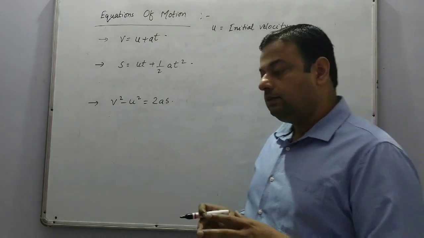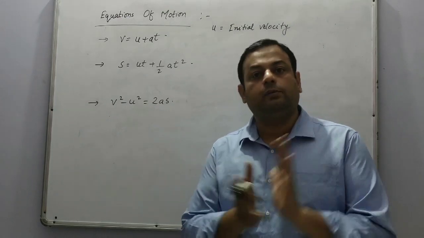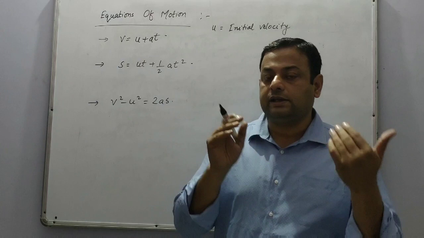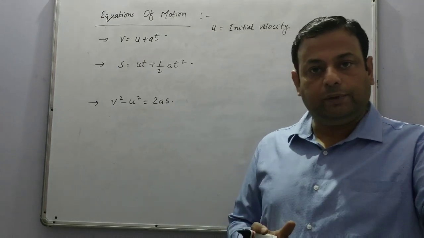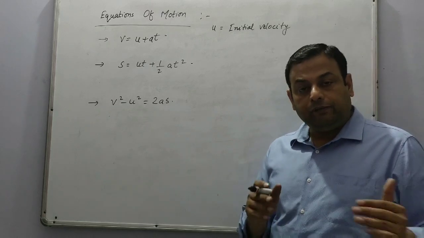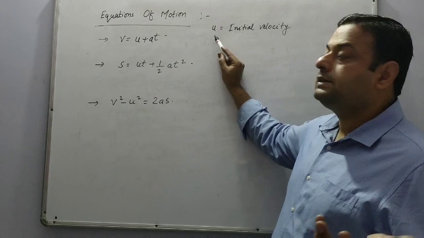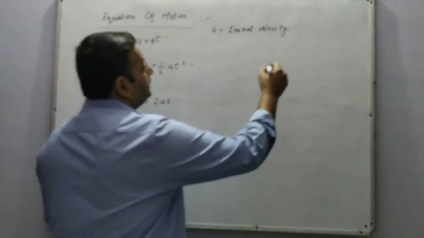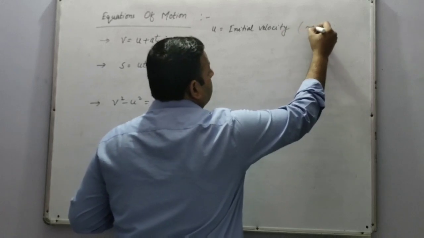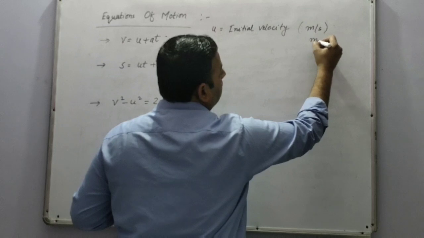In another case, a car is moving on a road at a speed of 36 km per hour. The driver accelerates the pedal and now the car achieves the speed of 54 km per hour. So previously it was at 36 km per hour. This is called initial velocity. The SI unit of initial velocity is meter per second, which you can write like this.